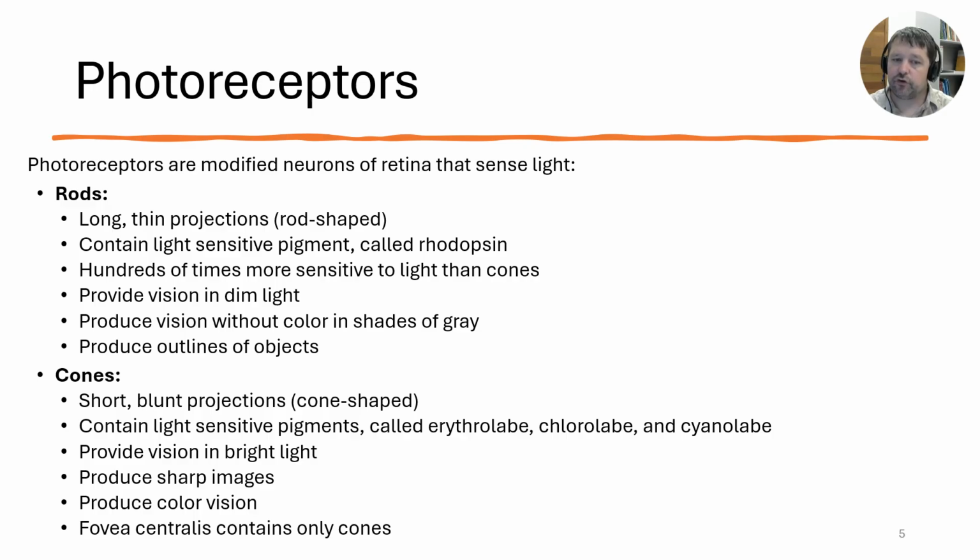And we are trichromatic. Trichromatic really means that we have three different light sensitive pigments: erythrolabe, chlorolabe, and cyanolabe. Now, other organisms might be something else. You might say, well, dogs can't see a certain color, so maybe they're dichromatic, so they only actually have two of the pigments.